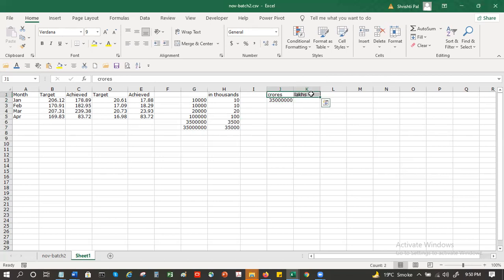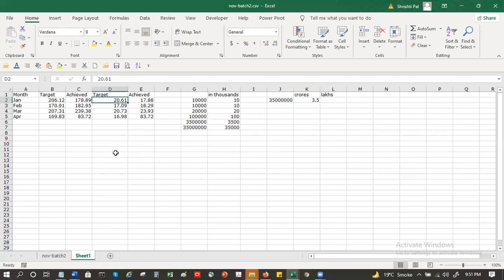This can't be so many crores. This will actually be this number divided by a crore, 10 lakhs, which gets me 3.5, isn't it? When I'm mentioning it in crores, I'll say 3.5. Like you were mentioning here, 20.61 crores.